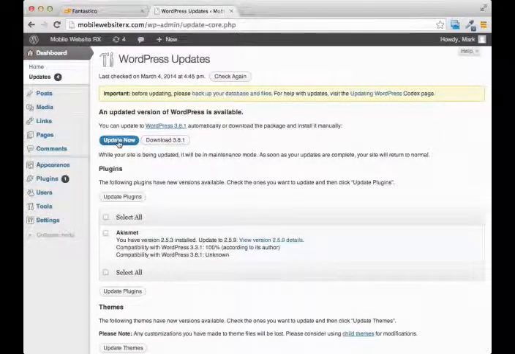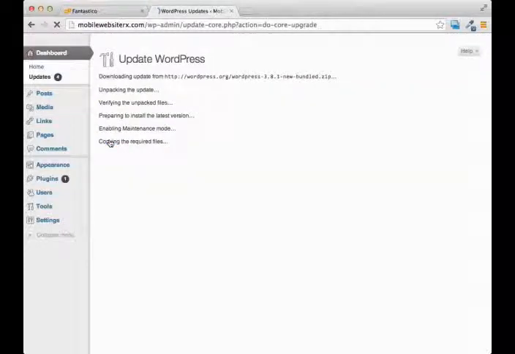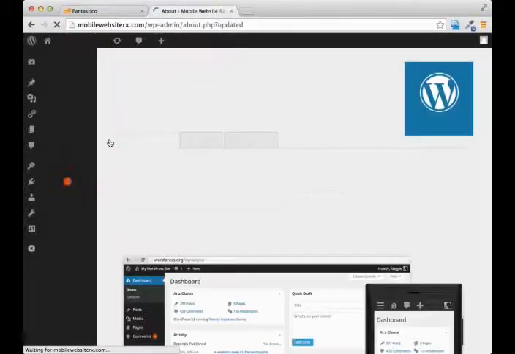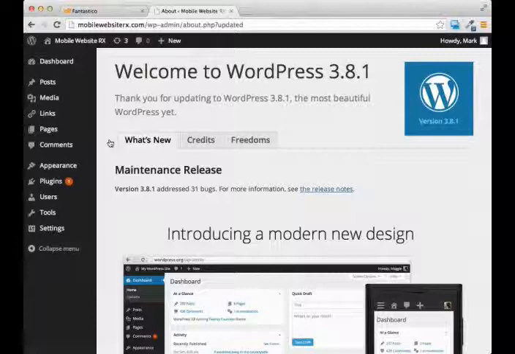You can download it and do this manually, but I find it's just as easy, especially on a fresh install, to go ahead and click the update now button. What it's going to do is upgrade your WordPress installation to the very latest version of WordPress. And it can take just a couple of seconds. You can see this is happening in real time,